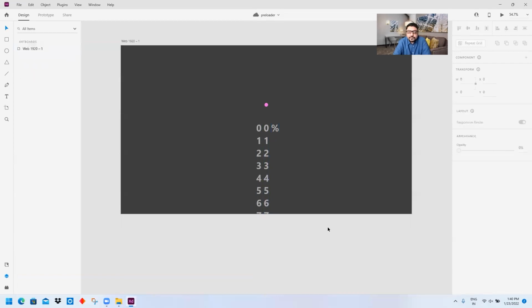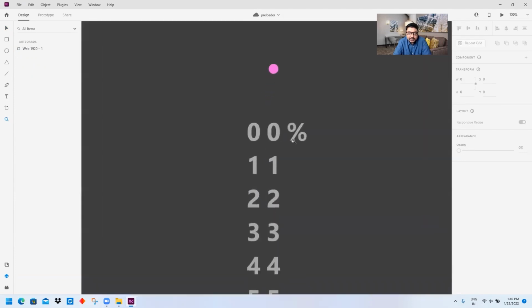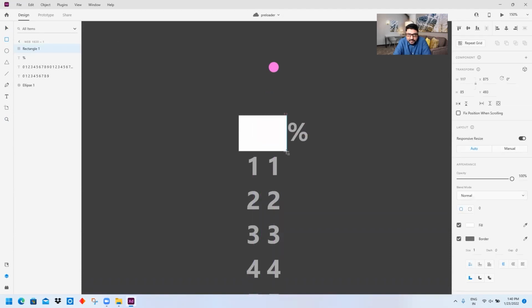Now the next part is masking. I don't want all these digits hanging outside. I'll zoom the screen a little bit so I can work easily, and I will drag a square or a rectangle on top of the digits only, not the percentage sign.